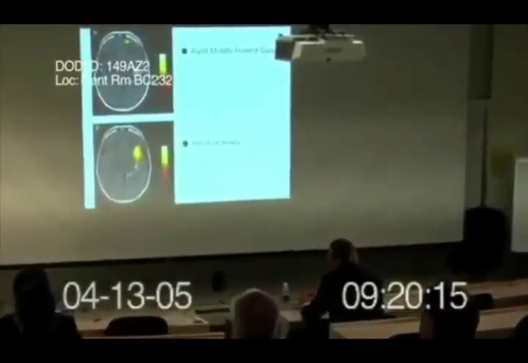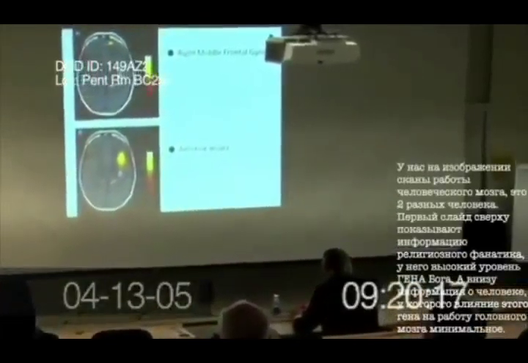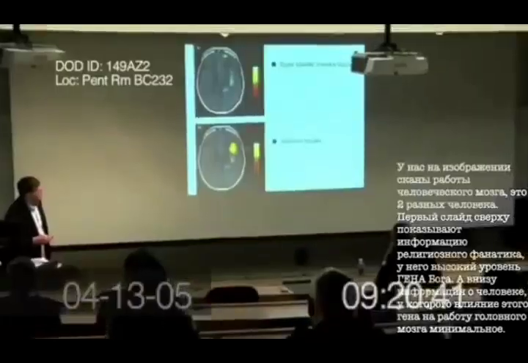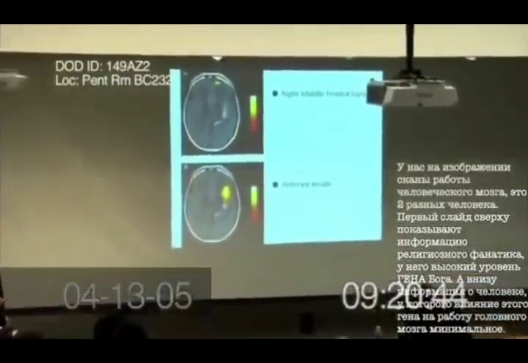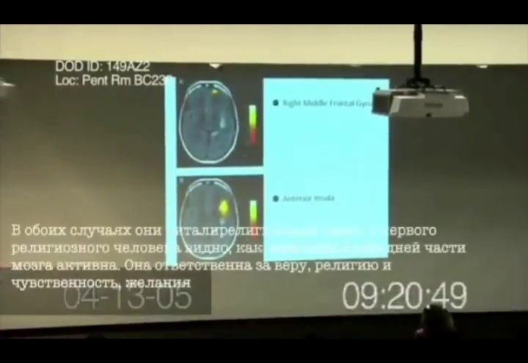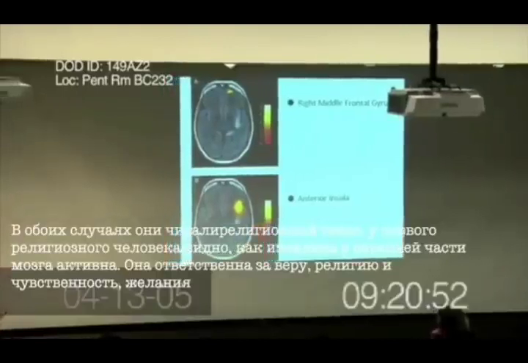Here we have two brain scans. These are fMRIs. These are two different individuals with different levels of expression of VMAT2. On top is an individual who's a religious fanatic, an individual, and we've repeated this numerous times, that has high levels of VMAT2. Now, this individual down here who had low levels of the VMAT2 gene, this individual would self-describe as not particularly religious. In each case, these individuals were read a religious text. This individual